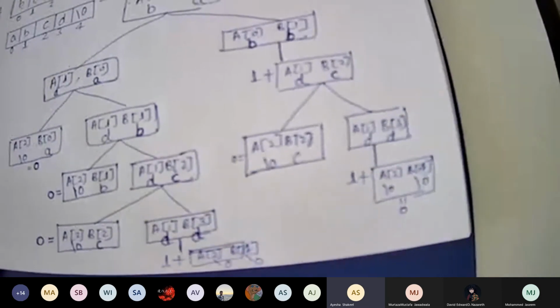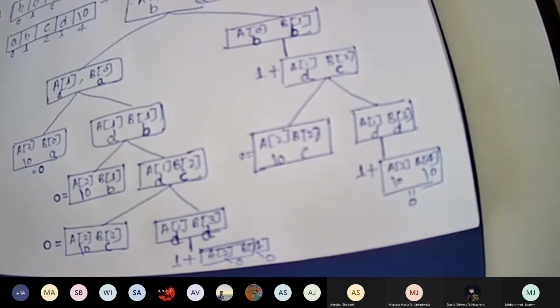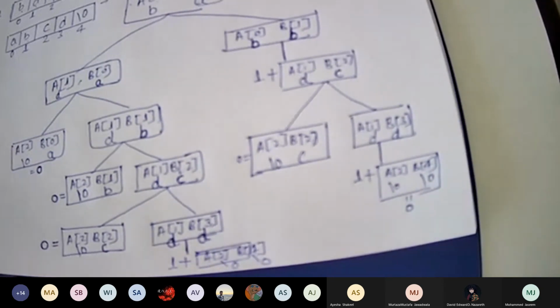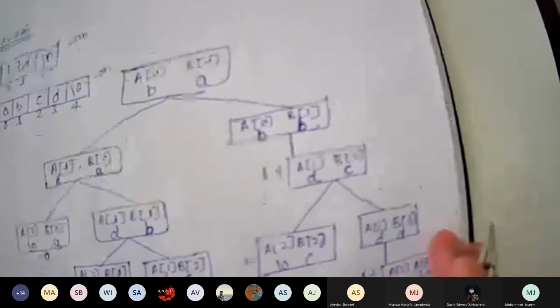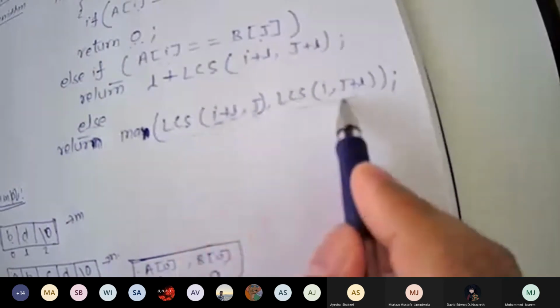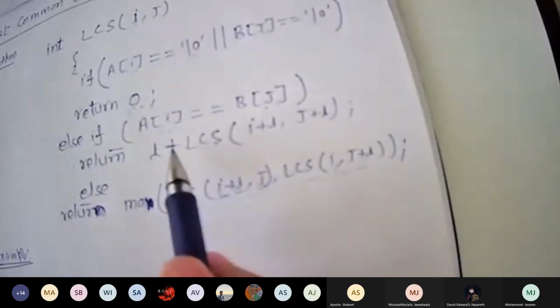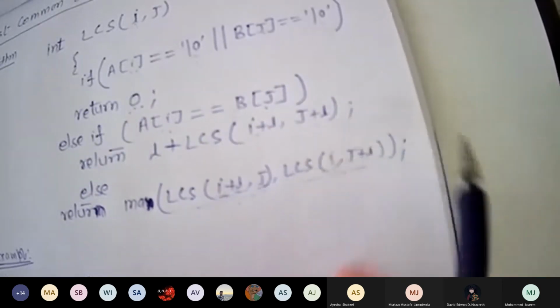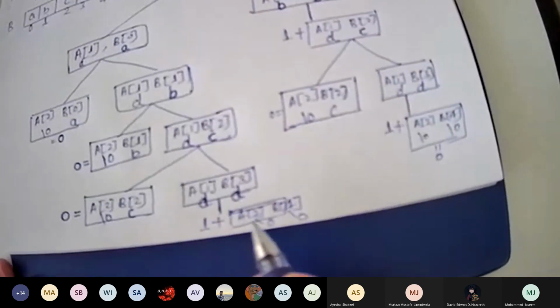Now, actually it is a top-down approach. If you see, it is a top-down approach. But how will recursion work? So let's put the values now. Here, it was the max of LCS of this and this. Whatever is the maximum of these two, you will write. And whenever both were equal, 1 plus LCS of i plus 1, j plus 1. So let's apply this formula, because first you easily wrote 0. So let's do this, left hand side.